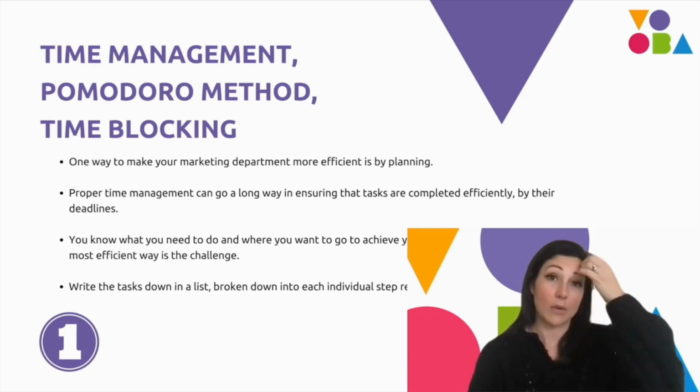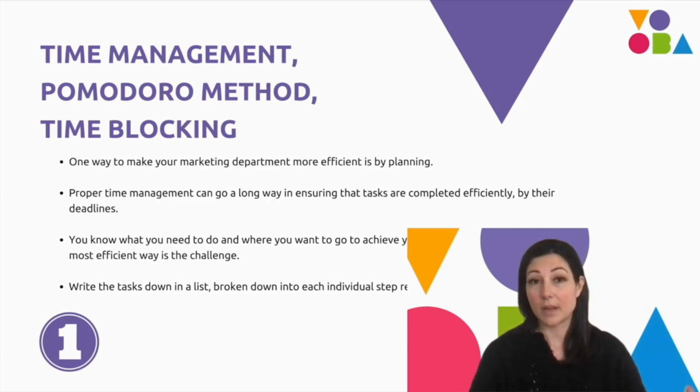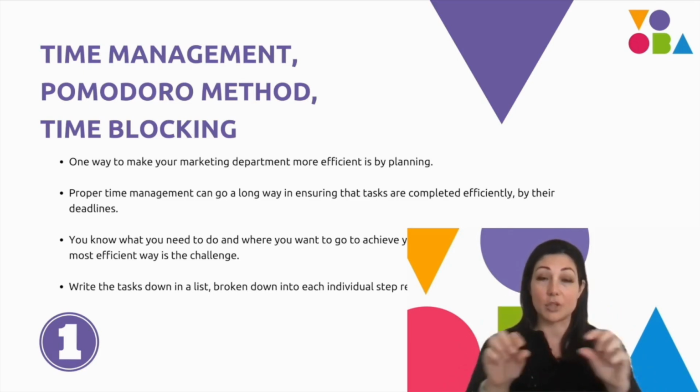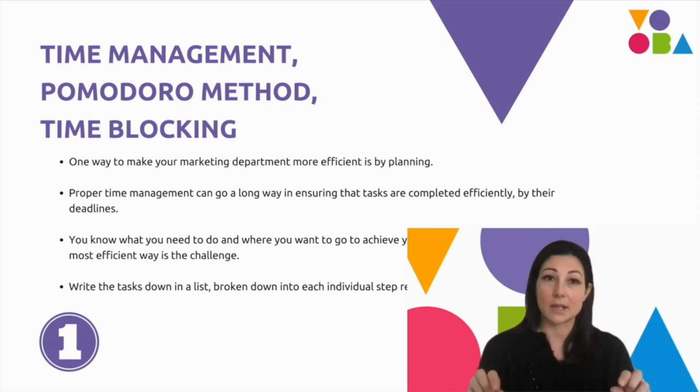time blocking is a really effective method as well. So when we talk about time methods, we're here today at a work seminar talking about how to be more efficient. However, what works really well as well, not just time blocks. So time blocking is, you've got your task, block out a piece of time in your actual calendar so you can see it. Then the next time, so you block out the time for your emails, you block out the time for your lunch,